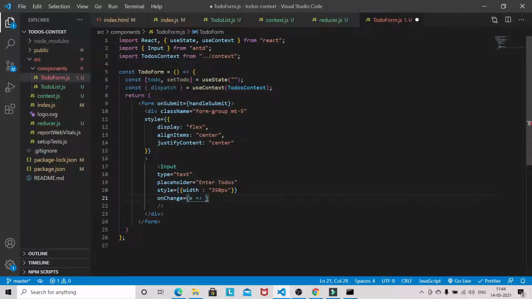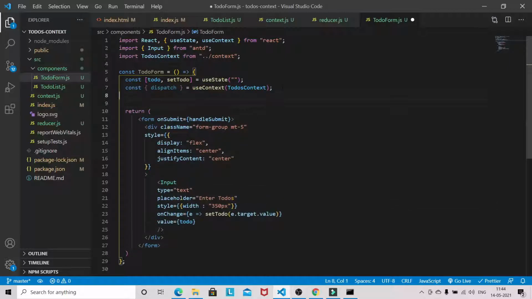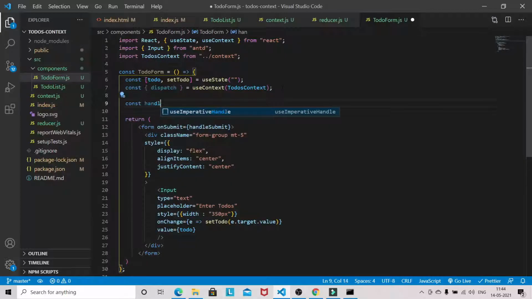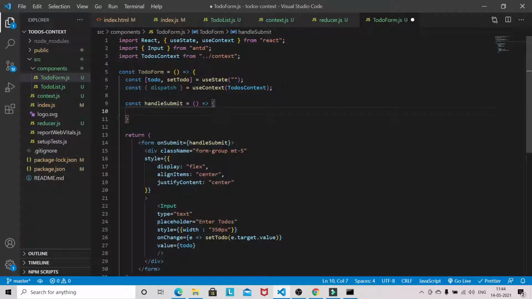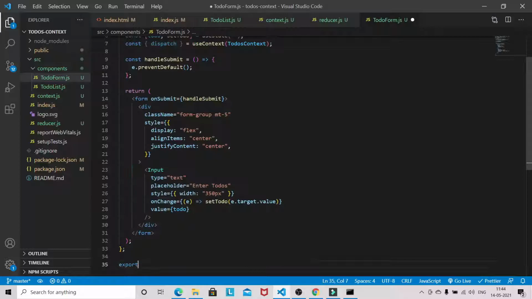So set to do e dot target dot value, and value will be to do, and for now just create a handle submit. So it will be doing e dot preventDefault. Okay, so we need to export the to do form.